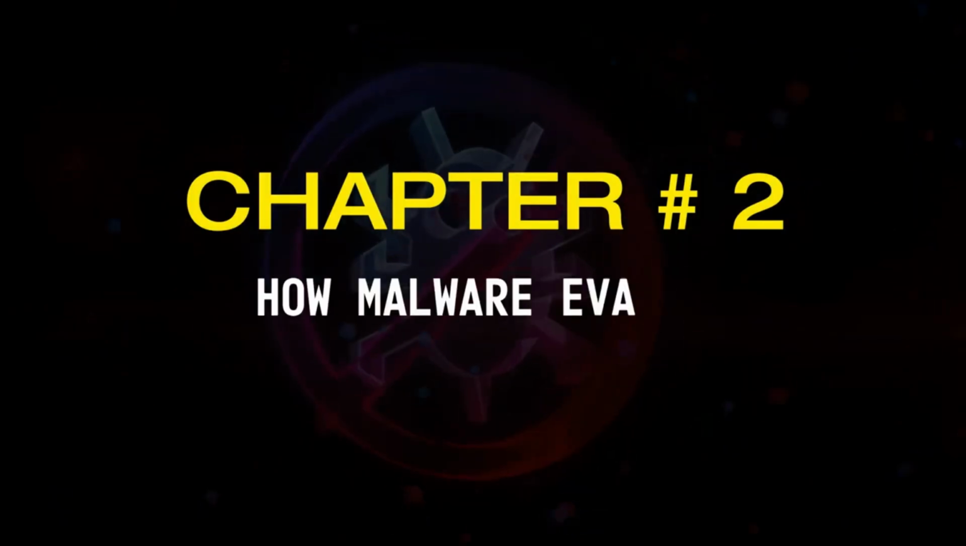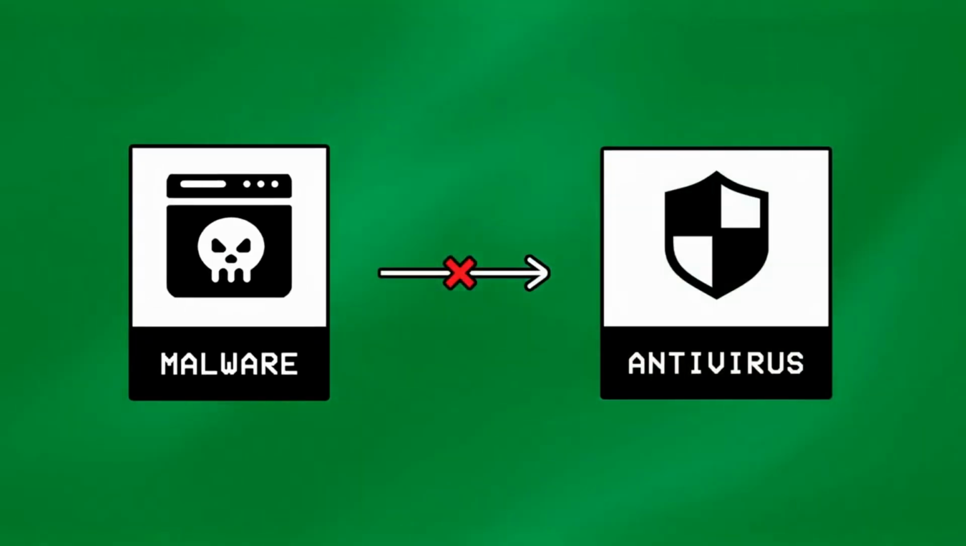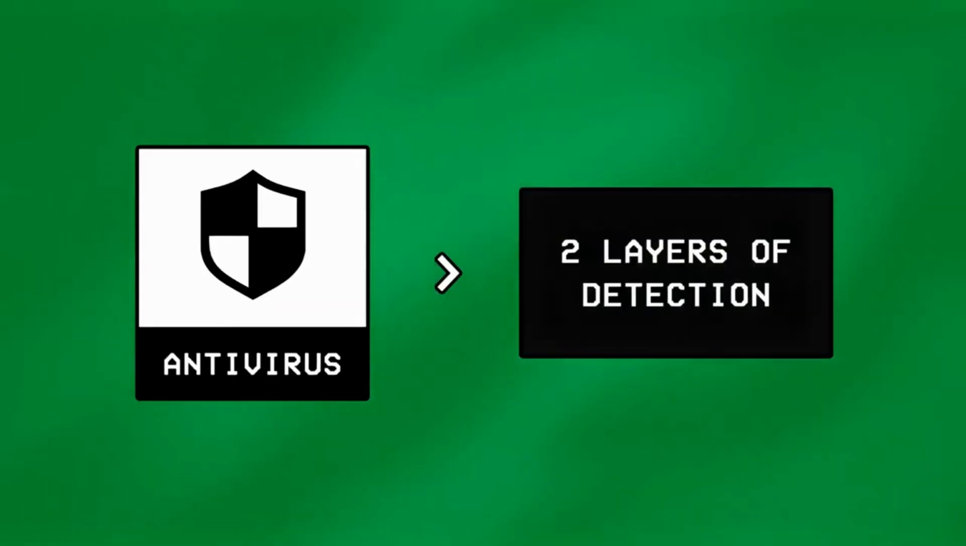Chapter number 2, how malware evades detection. Okay, so in the process of creating malware, hackers also need to make sure it doesn't get detected by antivirus systems, and this is where they need to look out for two layers of detection that most security tools rely